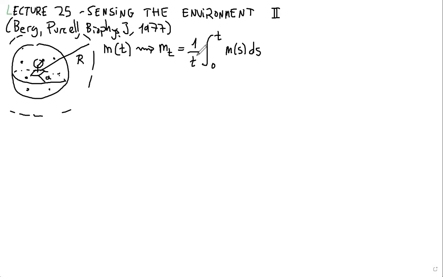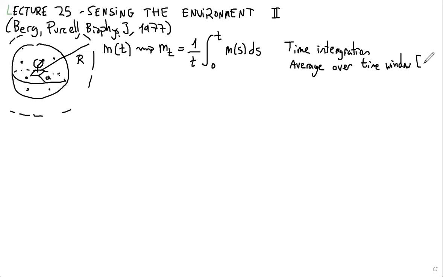So it's like taking the average of how many molecules you counted at different times. Okay, and then we call this time integration. And this is taking an average over the time window